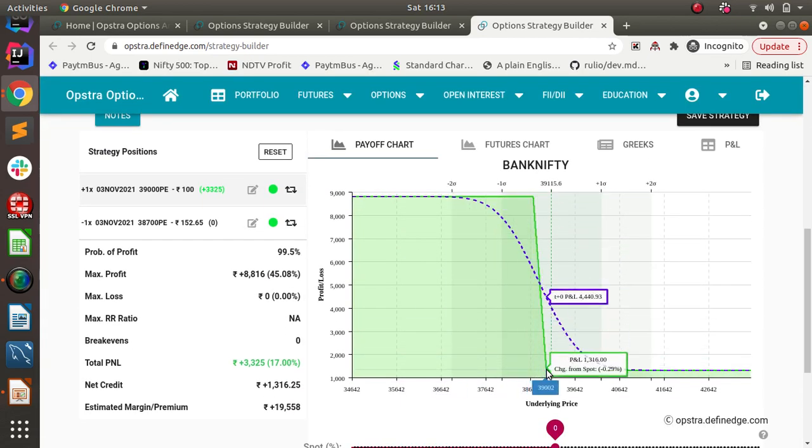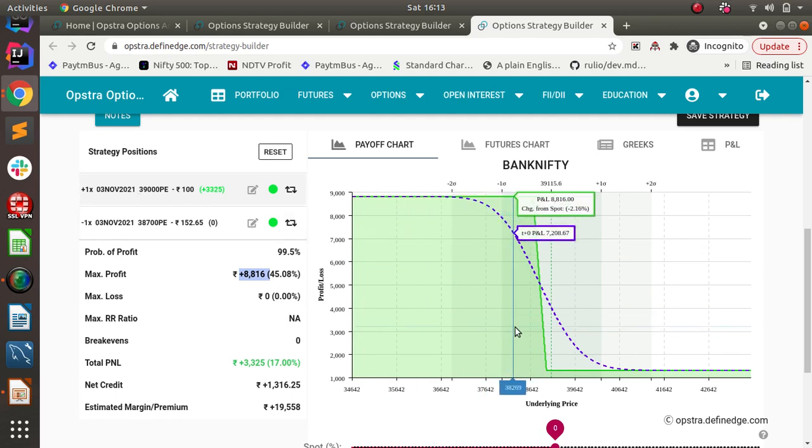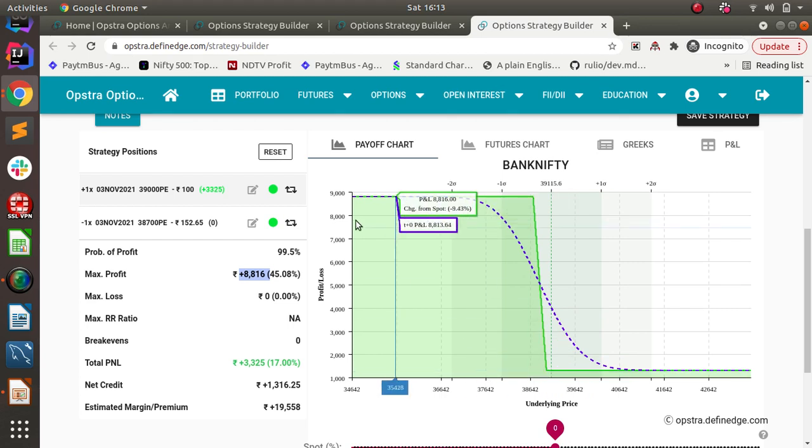If you see here, as you expected, if Bank Nifty falls more, you can expect more profit. At the same time, if Bank Nifty doesn't fall below 39,000, you will still get at least 1,300 to 1,400 profit, based on the number of days to expiry. This is especially beneficial when you are in profit. The same thing can be done if you buy a call as well. If you bought a call and Bank Nifty is moving up, you end up in profit, but instead of exiting,